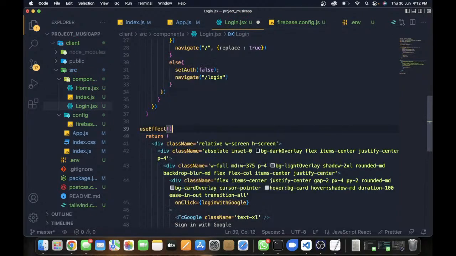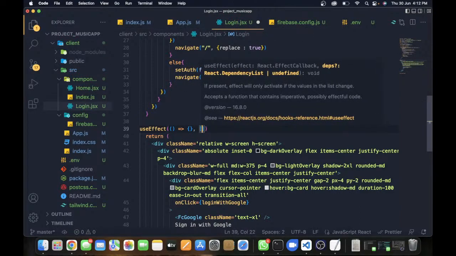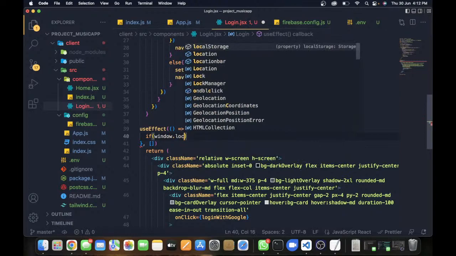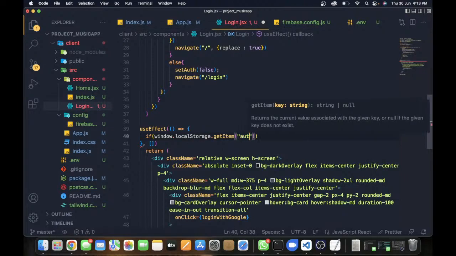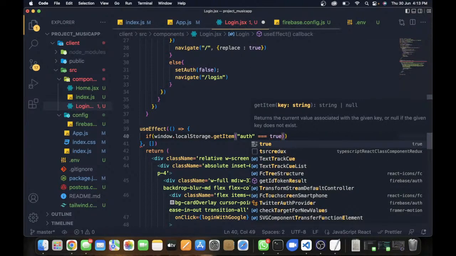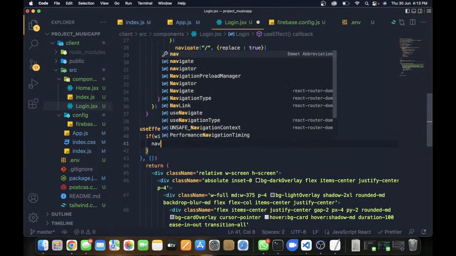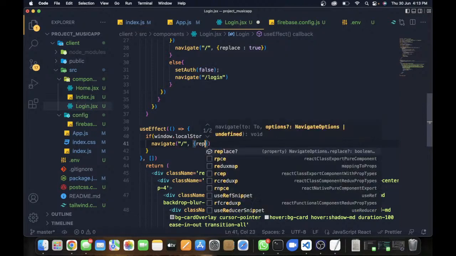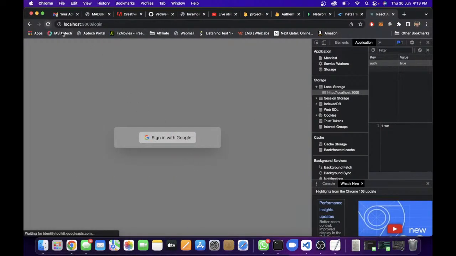Use effect, arrow function, and an array. Here, in the window.localStorage.getItem, we are getting the auth information. If the auth is equal to true, then navigate the user to our home route, replace true. So this will now, if I refresh this,